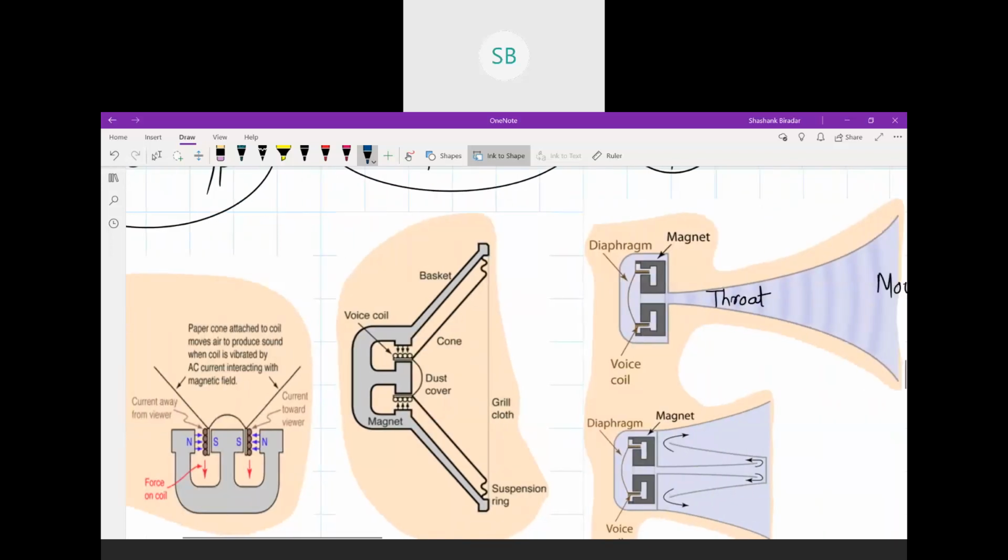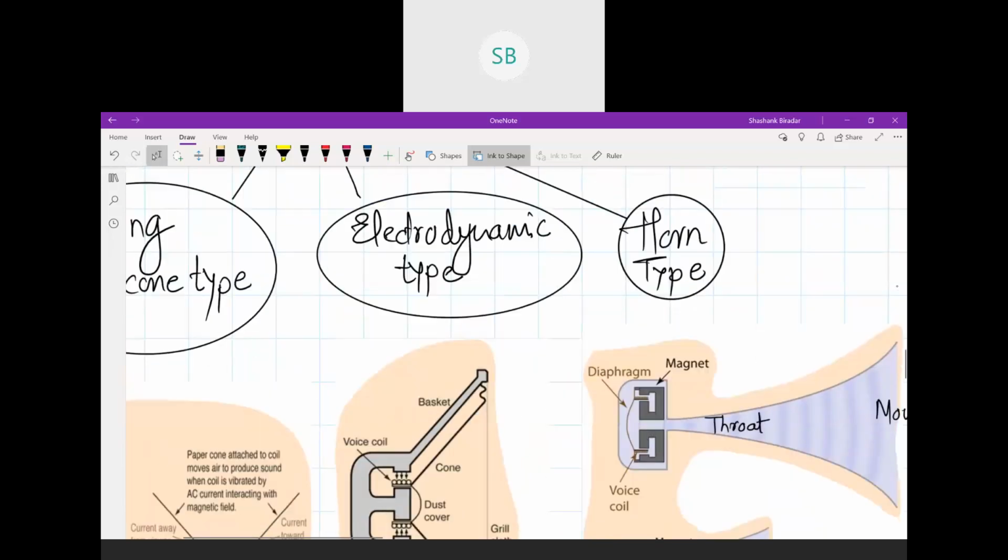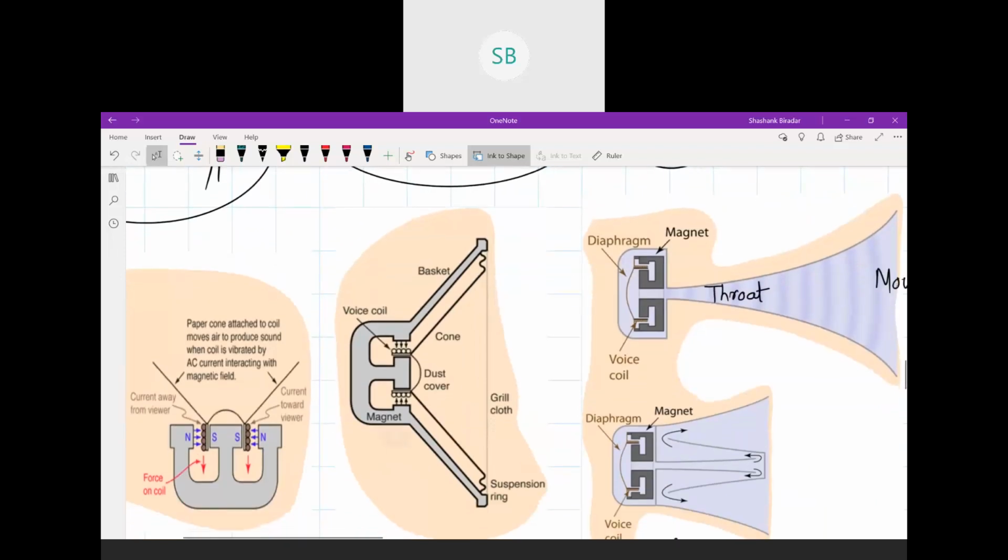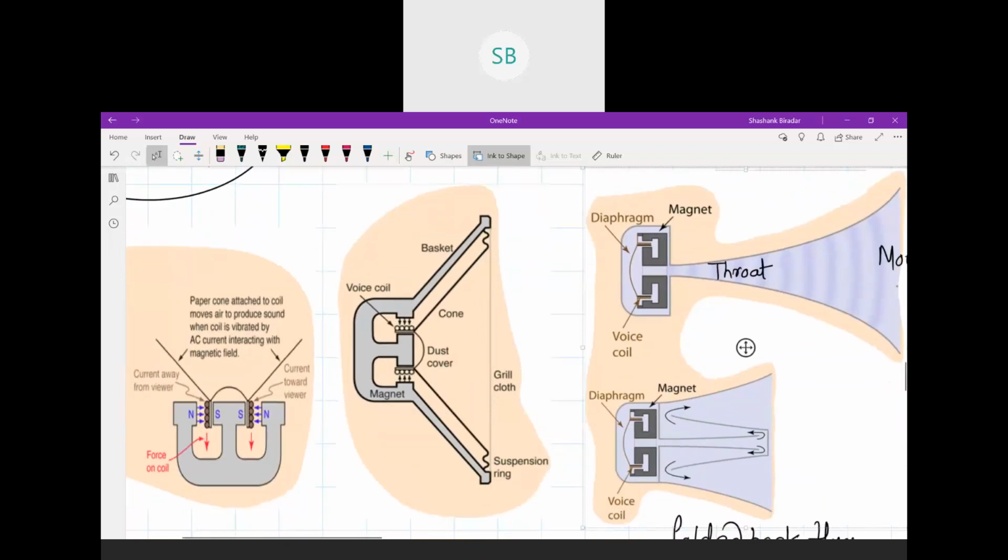When you are coming to the electrodynamic loudspeaker, the diagram is as shown in the figure. The construction of,